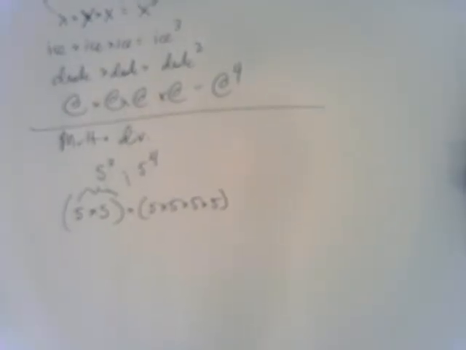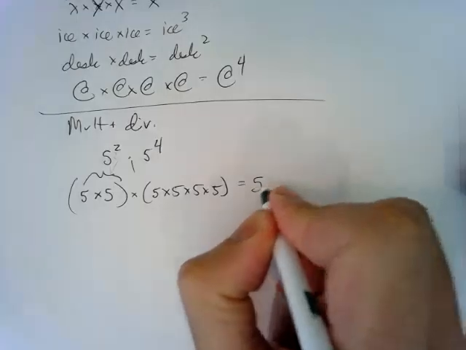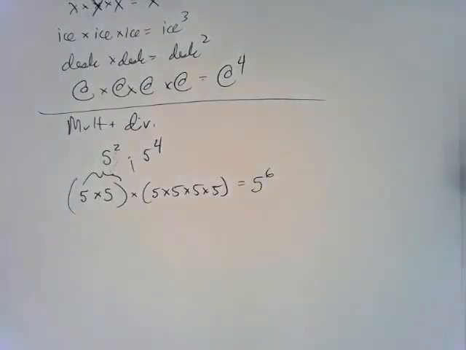And what we see here is that we really end up with 5 times 5 times 5 times 5 times 5 times 5. Or we could write this more simply as 5 to the 6th. And again, we could type that into the calculator. I'm not interested in knowing what the number is, but in manipulating the exponents,